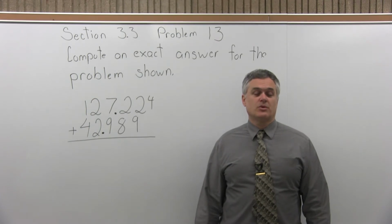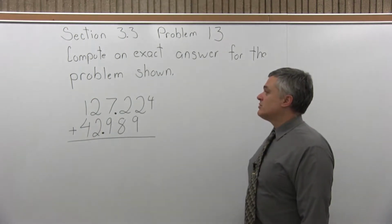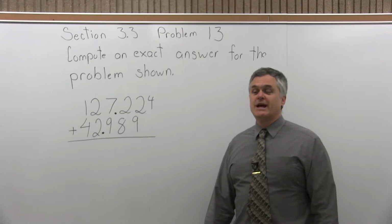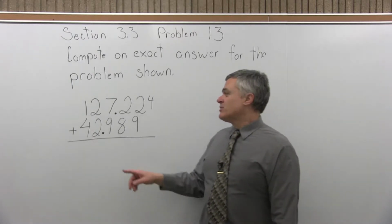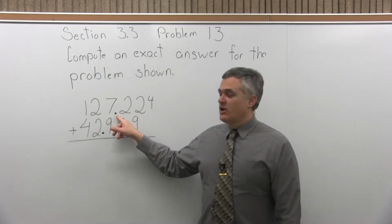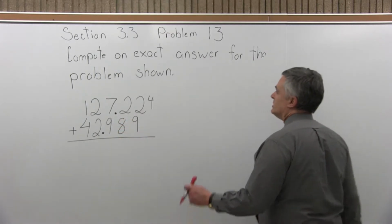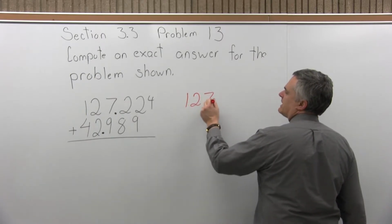This is Section 3.3, Problem 13. It says compute an exact answer to the problem shown, and we have 127.224 plus 42.989. Now, before I can add these numbers, I have to rewrite the problem so that the decimal points line up. They're not directly over and under each other, and that's what needs to happen before I can start adding the numbers together. So, let me write